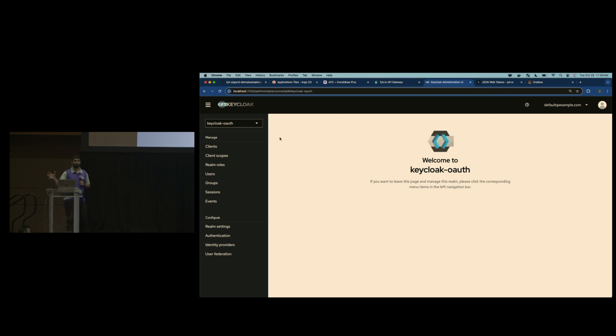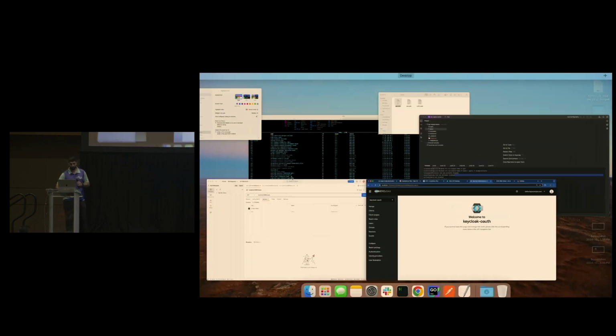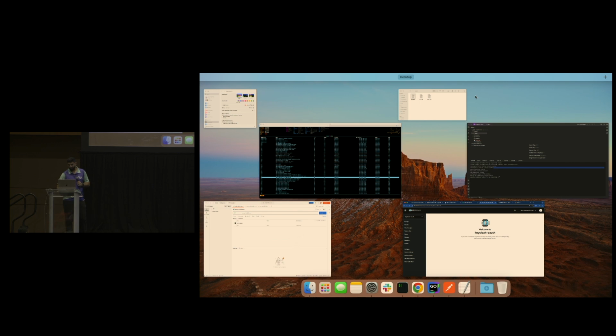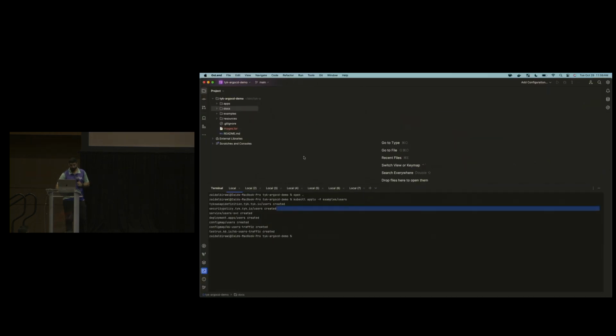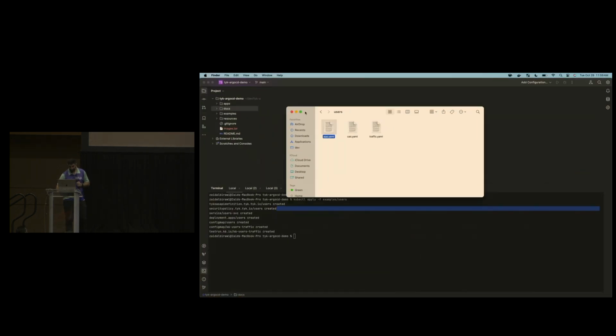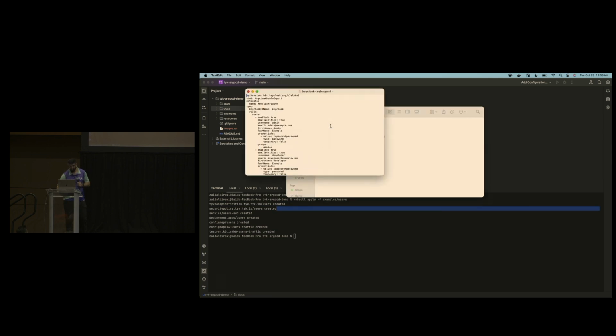So once you create this realm, you can say, hey, I want this many users, these groups. I create my whole IDP platform, and then I extract that into a CRD using Keycloak. And let's go ahead and show you what that would look like. So if we go into resources, security, Keycloak, and we can see the Keycloak realm definition here.